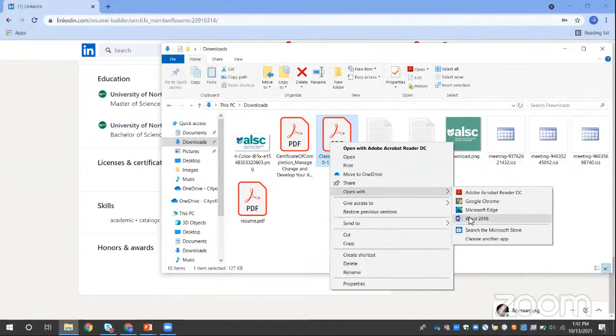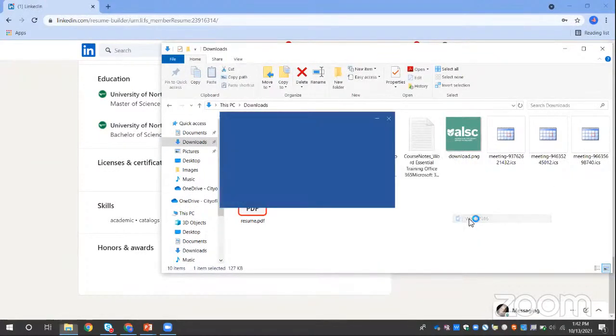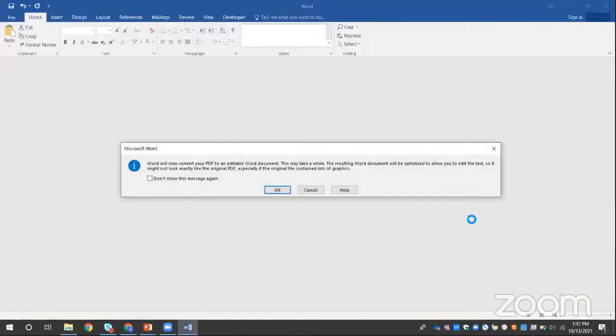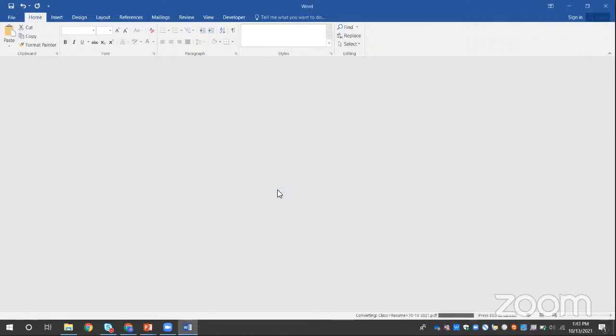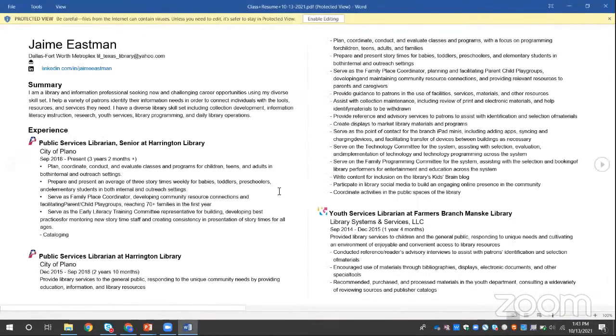And here is where I'm going to choose Word, the version of Word that I have installed on my computer. And it's going to pop up and give me this window confirming that I want to convert. I'm going to go ahead and select OK.